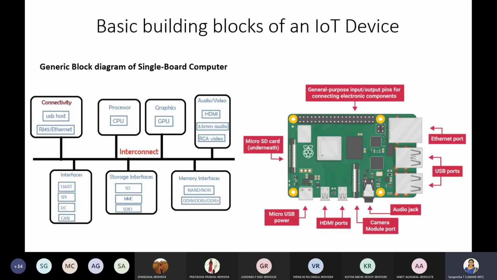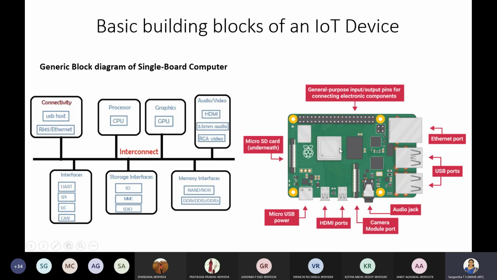Such a device, which is capable of sending information to the physical end devices or receiving information from them, is a simple single board computer system, or you can say a microcomputer. It's called Raspberry Pi.